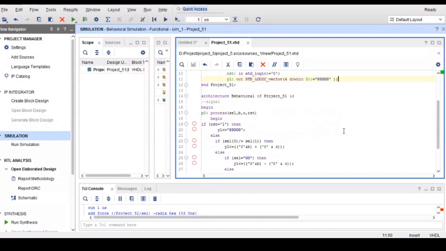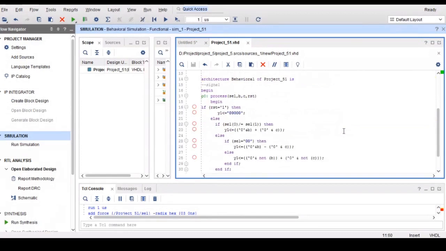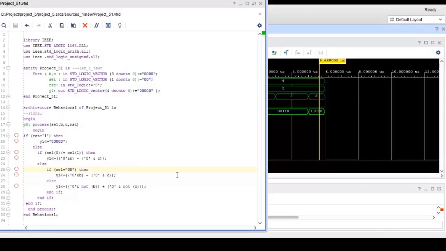Now you look at this one. I'm making it big, just for your idea. See here, I put everything in the sensitivity list: select, B, C, RST. I'm checking if RST is equal to 1, then Y1 should be 0.